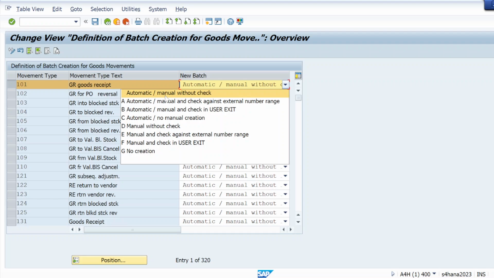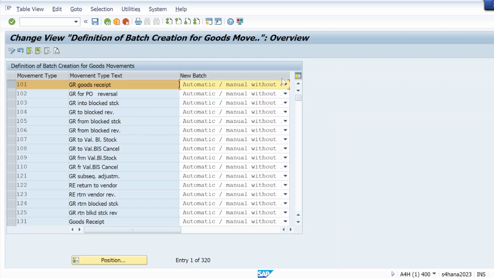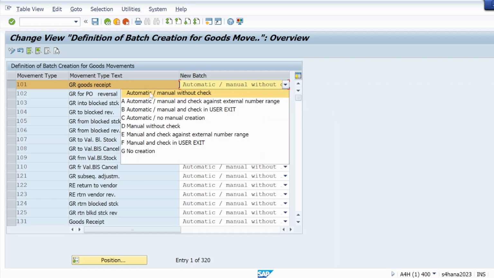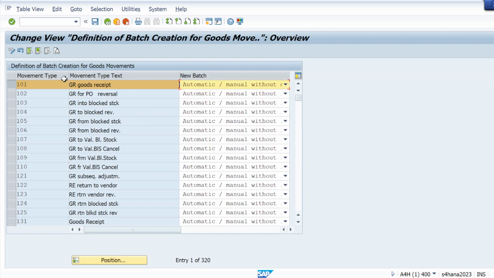In that option, if we want to give the batch number manually, we can, and if we don't mention it manually, it will come automatically. So both options will be there. Just select automatic manual without check for the 101 movement type. By default it will be selected. If it's not, just select it, hit enter and save.